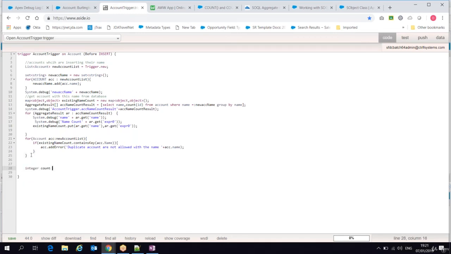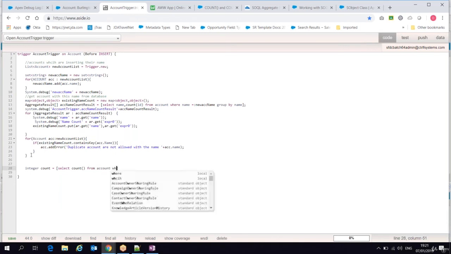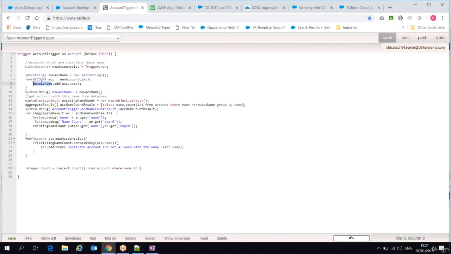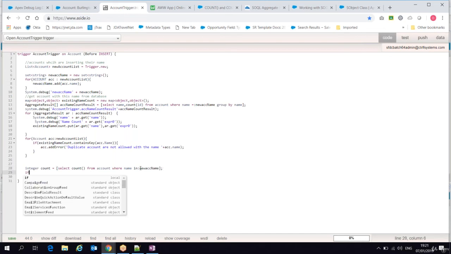integer count equal to select count from account where name in this new account name. So many people will write this logic and this is a wrong logic, but we will not feel it's wrong. If count greater than 0,